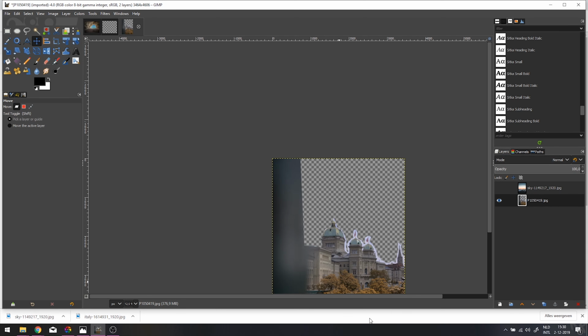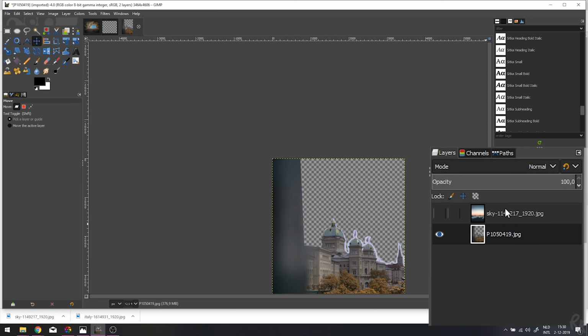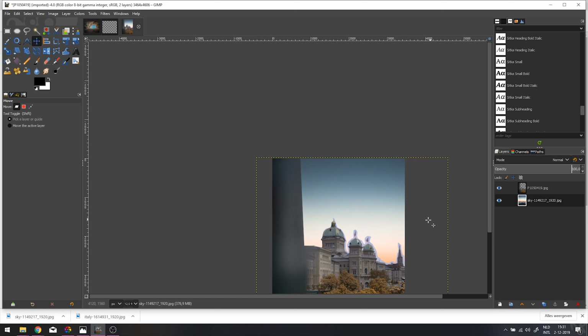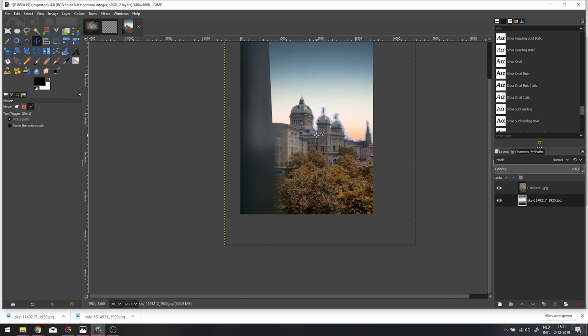I'm going to use the move tool to get rid of the path. I'm going to drag this one underneath it. I'm going to activate this layer and there we go. So now we've got a new sky. Let me put the opacity back to 100%. And now you might think that,